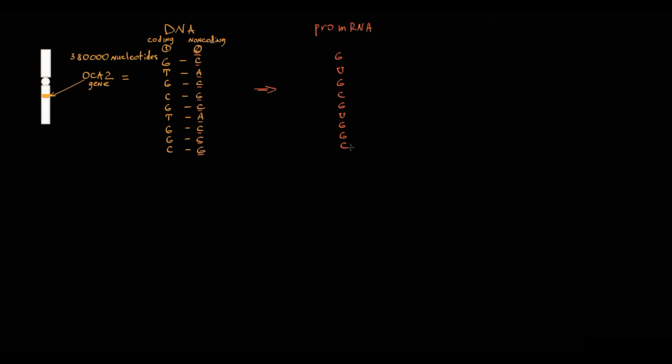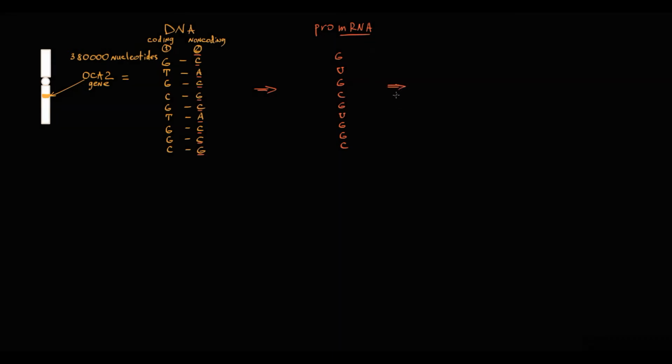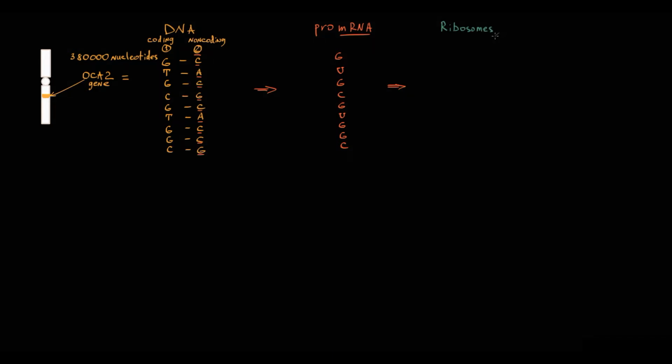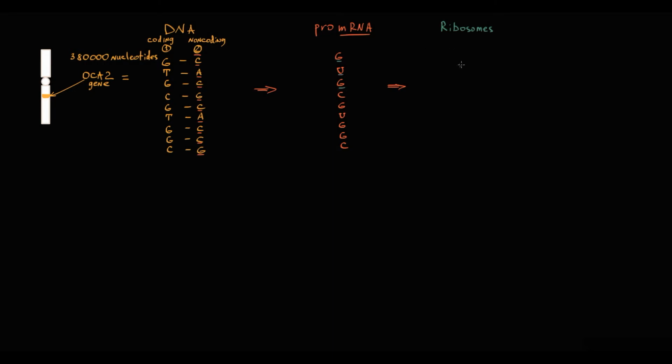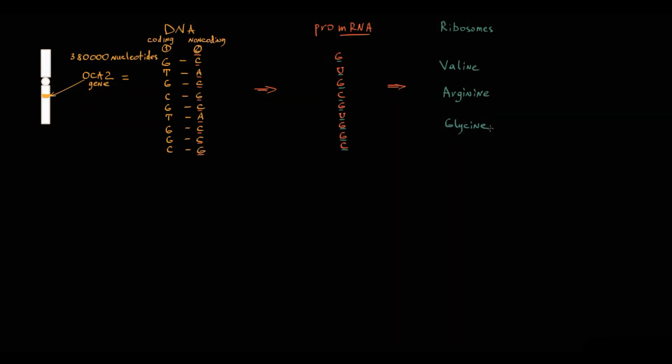So we've got a pre-messenger RNA molecule. Let's suppose that our sequence of nucleotides is located in a coding region called an exon. So this sequence of nucleotides will not be removed by RNA splicing, and in the form of a messenger RNA molecule will be delivered to ribosomes. Ribosomes read the nucleotide sequence in the messenger RNA molecule in codons. Ribosomes read 3 nucleotides at once and include the amino acid complementary to that codon. In this case it will be valine, arginine and glycine. And by this principle, ribosomes form protein.